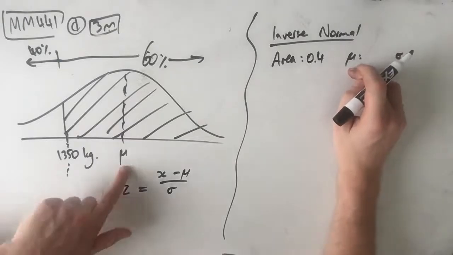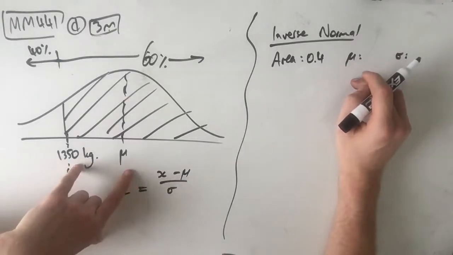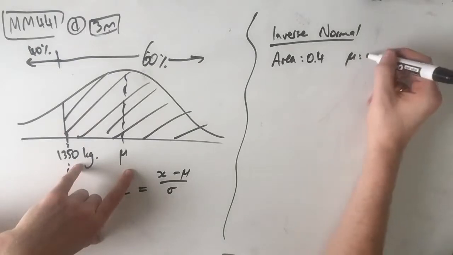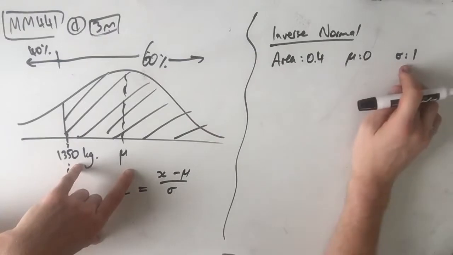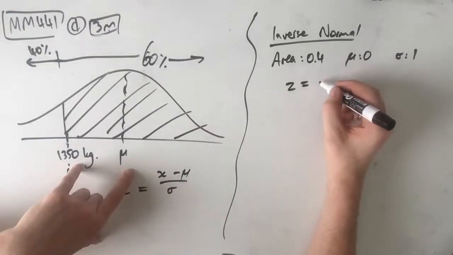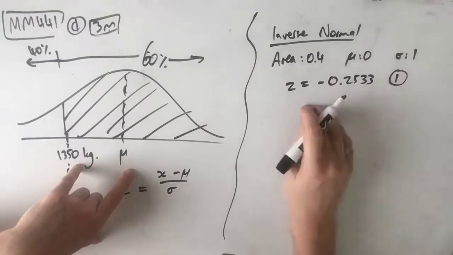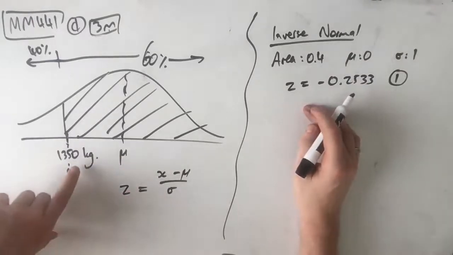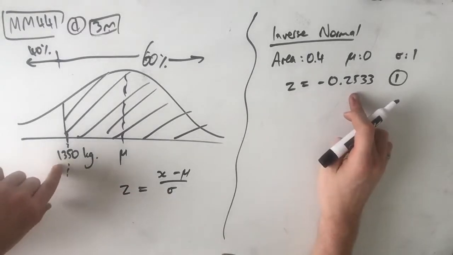Now, we don't know what our mu is, so we can't use our X values here. What we're actually going to use is our standard normal distribution to find out how many standard deviations away from the mean we are. So mean equals 0 and standard deviation equals 1. Putting this into our CAS, we'll get a Z value of negative 0.2533. That's our first mark. So what this means is our value of 1350 is negative 0.2533 standard deviations away from